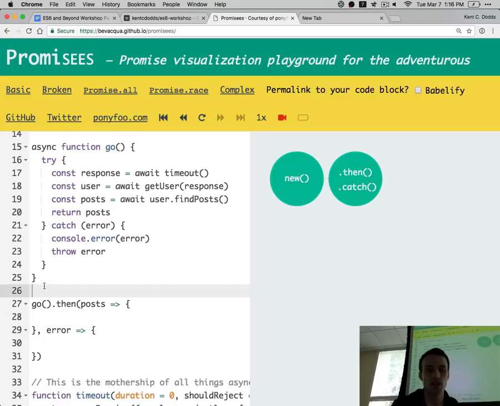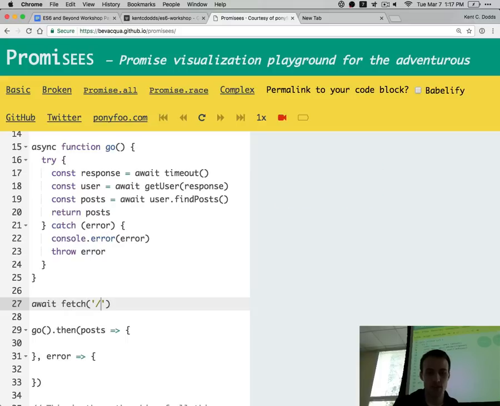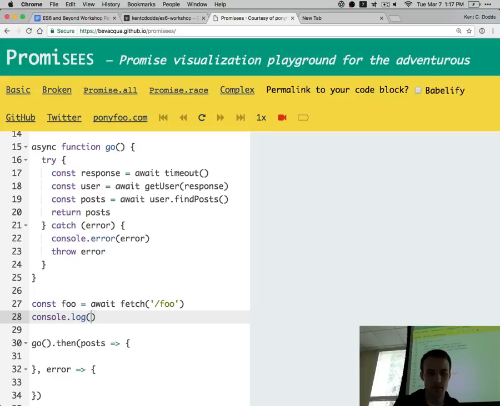Yes, and so I'm not actually sure, because technically I could see this working where you're like await fetch foo, const foo. If you just look at that, you're like, yeah, I don't see any reason why that wouldn't work. But the rules of await is that it needs to be in an async function. Await itself does not turn a promise